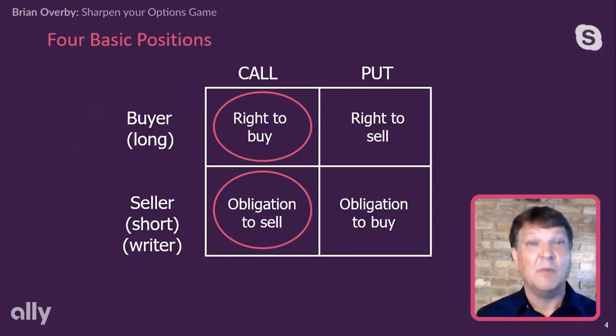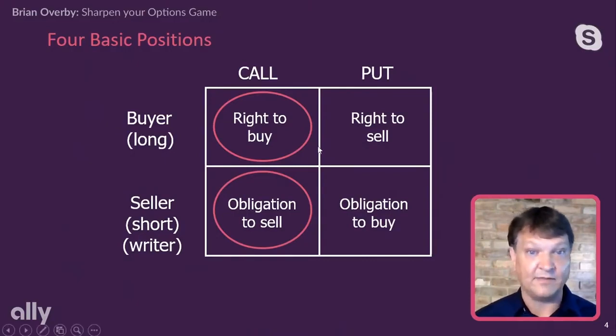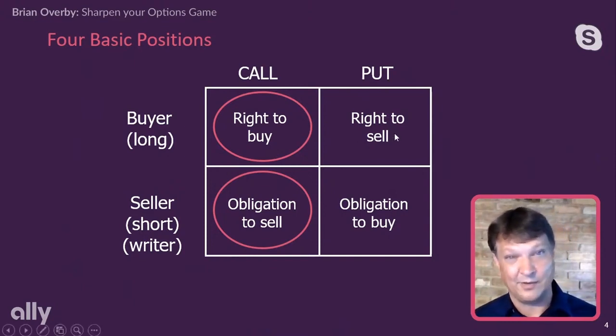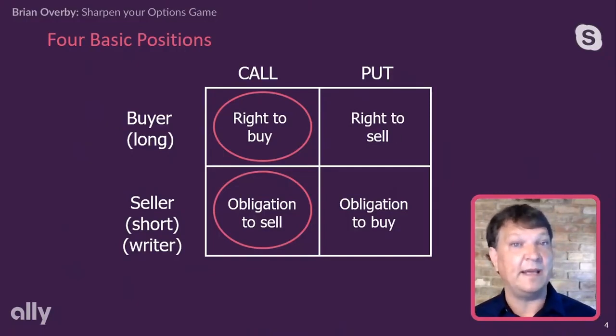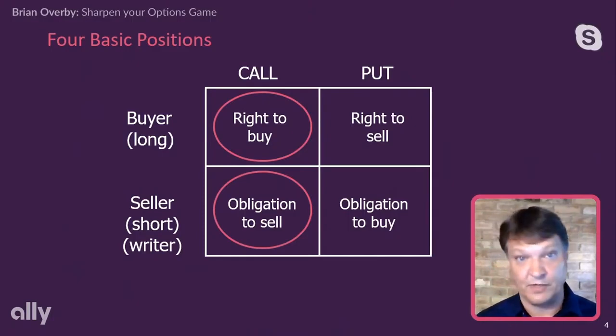The other side of the coin is, if I sell an option contract, I take on an obligation. I would be considered short that contract after I sold it, and I'd also often be referred to as the writer of the contract. I'm going all the way back to those insurance things that we were talking about. Now, what I have circled here is the right to buy for the call and the obligation to sell on the call option. That's the trade we're going to look at today. That's called a long call spread. Now, obviously, if we went over to the right-hand side under the put, if we did both of those, that would be a long put spread. Now, this is all dependent on what strike prices you're buying and the different expiration date.